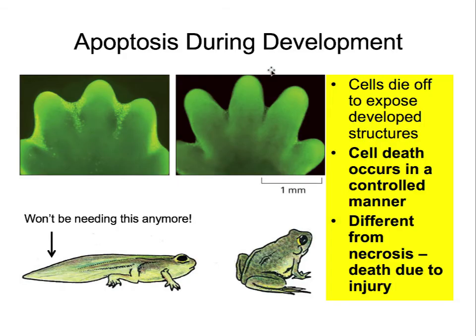Returning quickly to the developmental use of apoptosis, we can see here in a limb bud how the bud produces a pad, and the cells that are marked in these little green circles will be encouraged to undergo apoptosis, generating fingers or toes. And the same thing happens when the tail of a tadpole is no longer needed. A large part of that tail will undergo apoptosis and be then lost in that fashion.